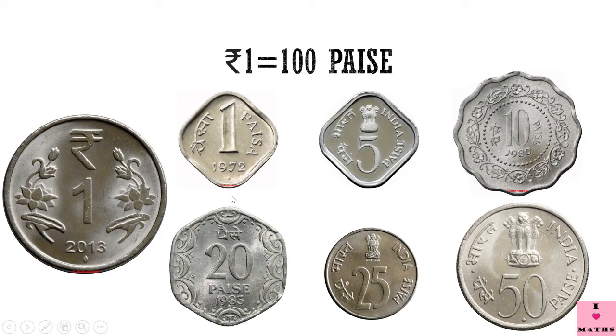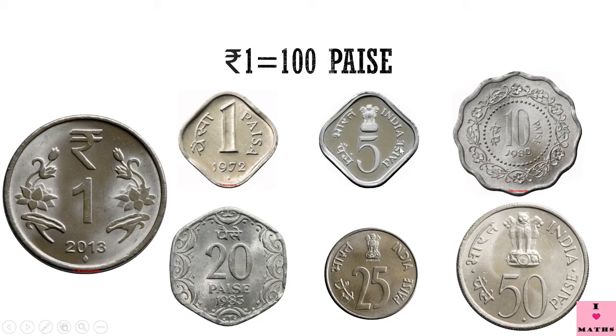Most of you may not have seen these coins which have been shown here. Now, this I'm sure all of you would be familiar with. This is 1 rupee coin. This you may not have seen ever. This is 1 paisa coin. Can you see? Here it is written 1 paisa. This is 5 paisa. Now this is